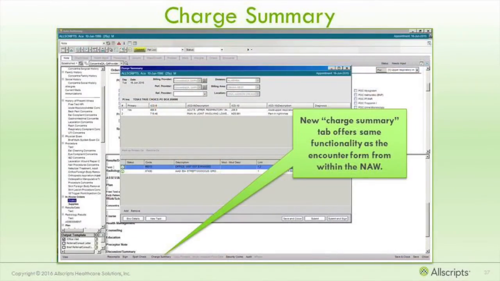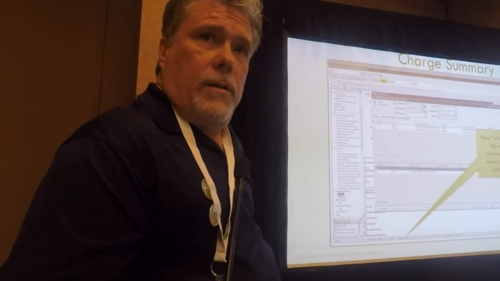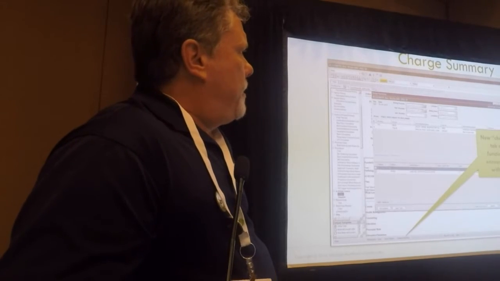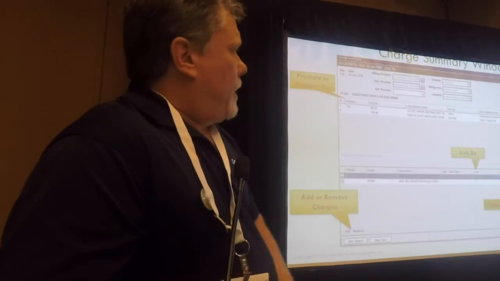And so you see here at the bottom of every note, it's called charge summary. And I am in my note, doing my documentation, I'm at the end, I think I'm in good shape, I can click charge summary while I'm still in the NAW, and I'm presented with the exact same functionality that you can do in the encounter form. Okay? So from here